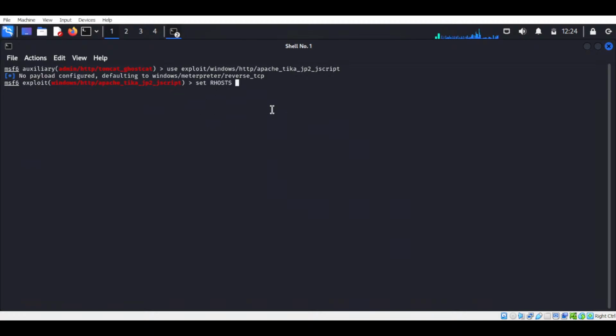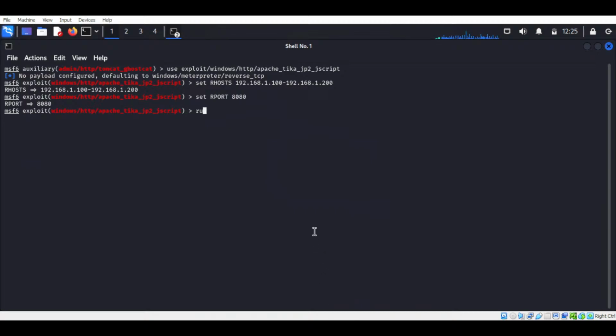Here type, hit enter, and 192.168.1.100 hyphen 192.168.1.200. Hit enter, and now again copy the next step, 8080, then hit enter, port, and then type the run command and type run,